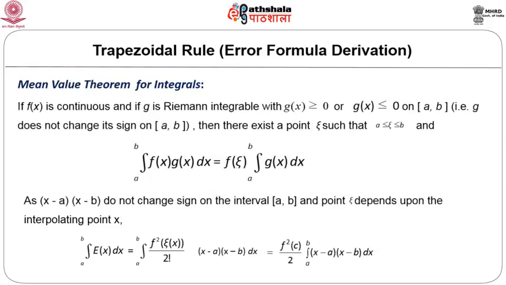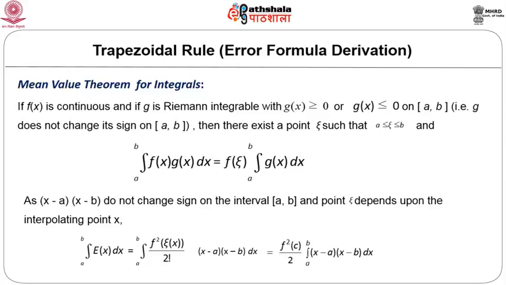If f(x) is continuous and if g is Riemann integrable on the interval [a, b], and moreover g(x) is entirely positive or entirely negative on the interval [a, b], meaning g(x) does not change its sign on the interval a to b, then there is a point xi, or you may call it c, within the interval a to b, meaning a is less than or equal to xi less than or equal to b,